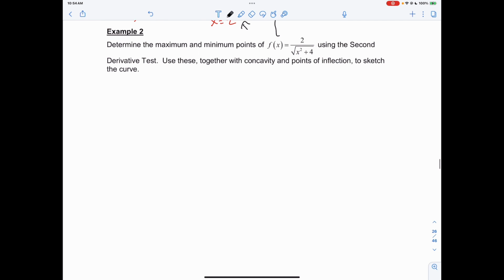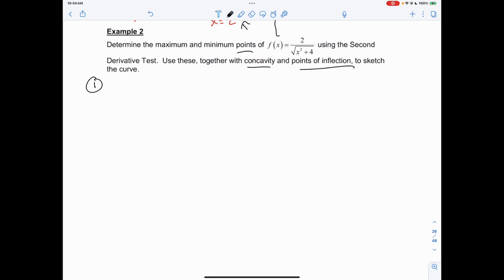For example 2, determine the maximum and minimum points of f of x, so not just the values, we want the coordinates, using the second derivative test. Use these together with the concavity and the points of inflection to actually sketch out the curve. So, to start with,